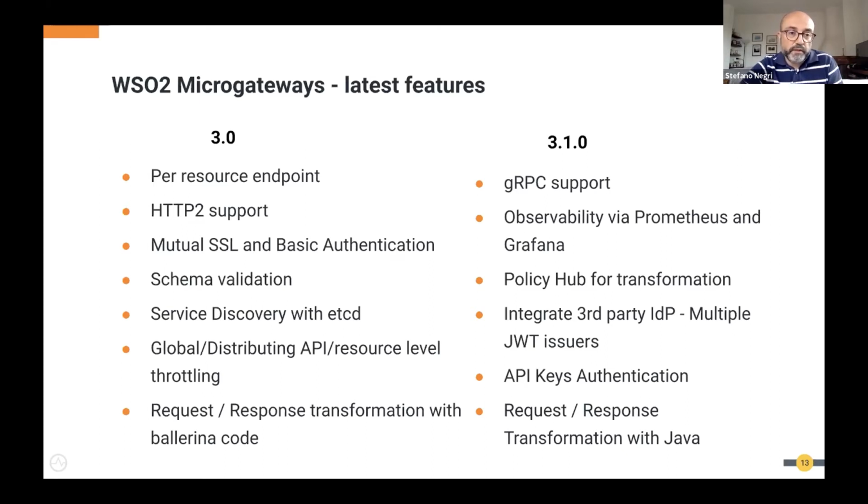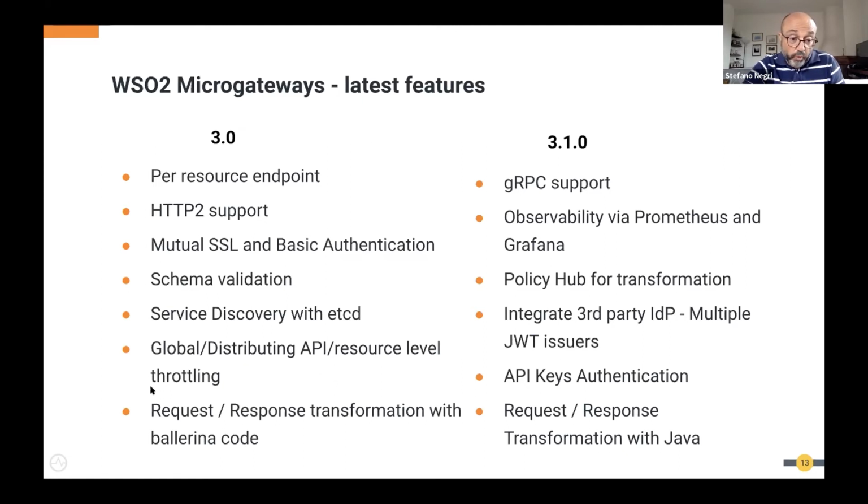For example, still in 3.0, we introduced HTTP2 support, and again schema validation. And this is relevant because micro gateways are immutable. It is important to have a registry where you can, for example, load or store the endpoint. And so we integrate with etcd for service discovery.